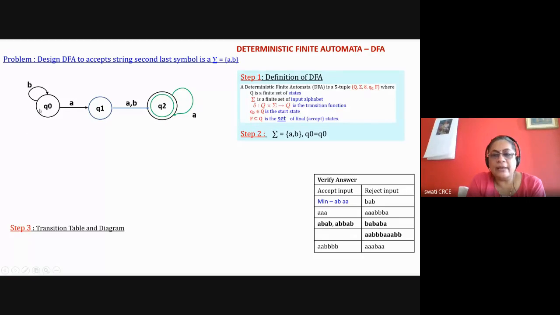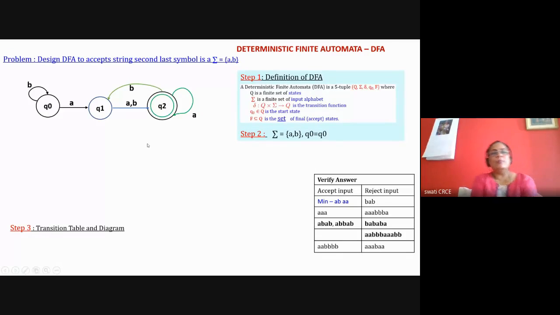If my string is A, B, A, B, A, then it should not be accepted because the second last element is not small a. Suppose my string is A, B, A, then it will be accepted. Take this string B, A, B, A, B, A. But here also, if I'm saying A, B, A, it is accepted, which should not be accepted. Or with B, I can go back. So I'll try B, A, B, A, B, A, B, A, B, A, B, and A. My second last element is B, and it is accepted.